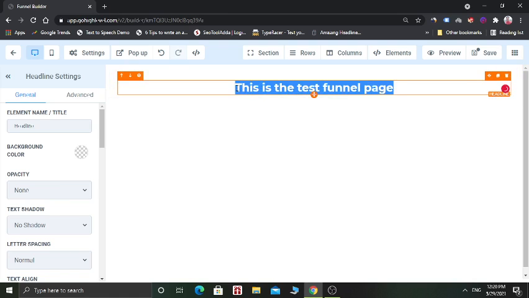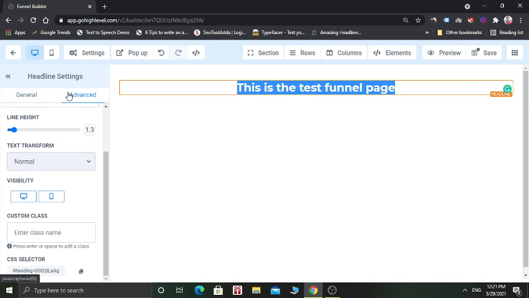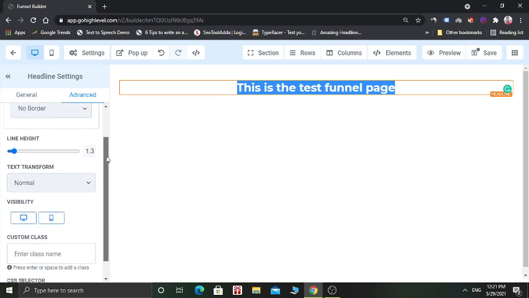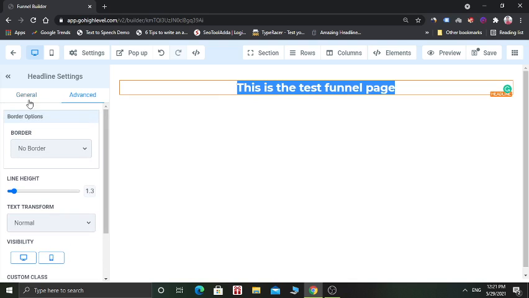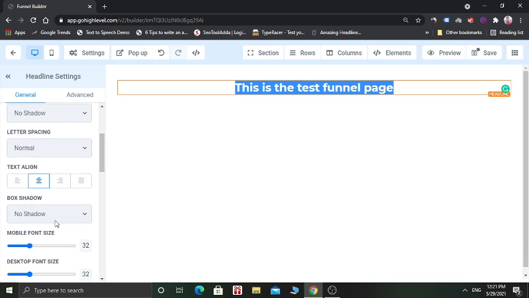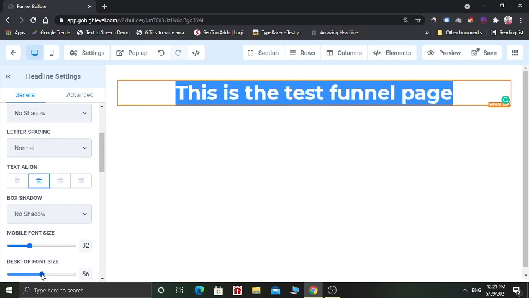You can change the color of this headline, and you can also increase the size of the headline as much as you want.